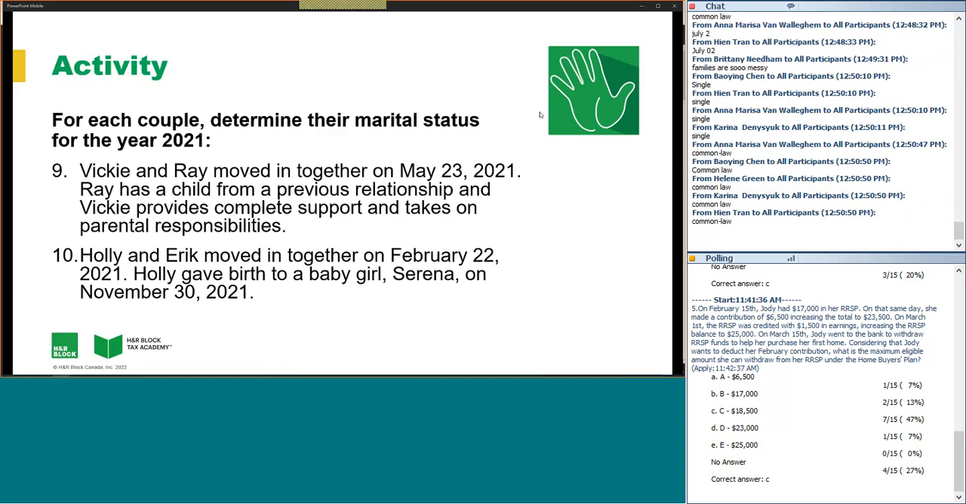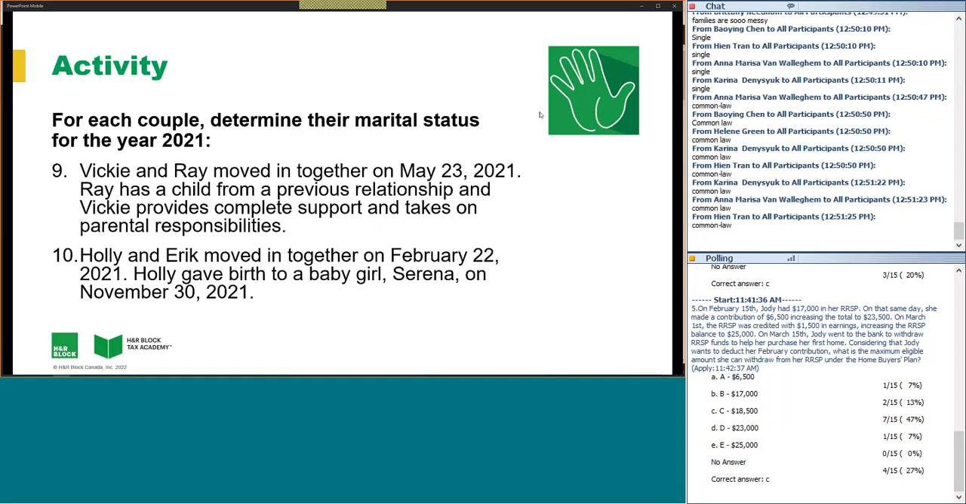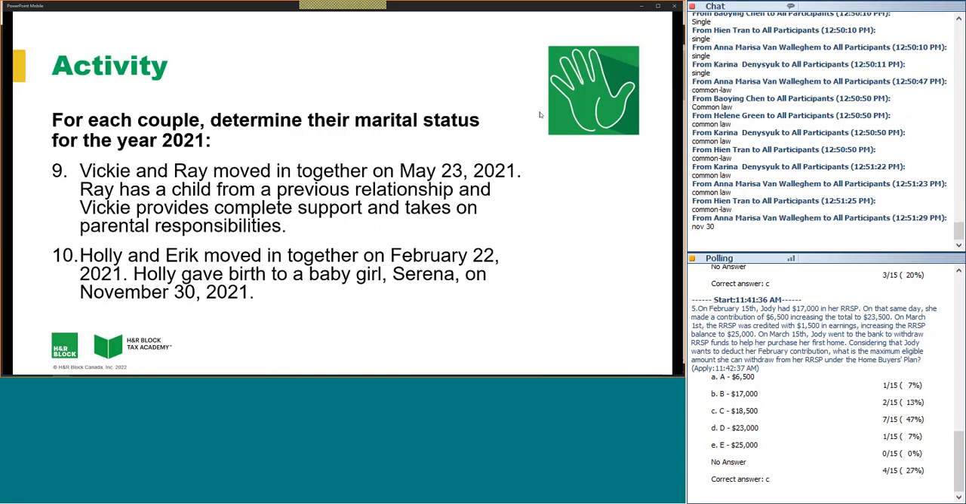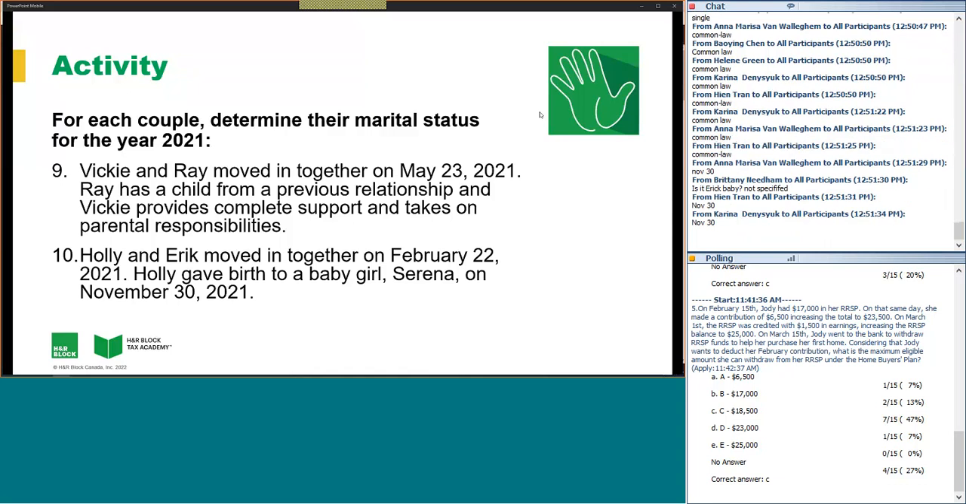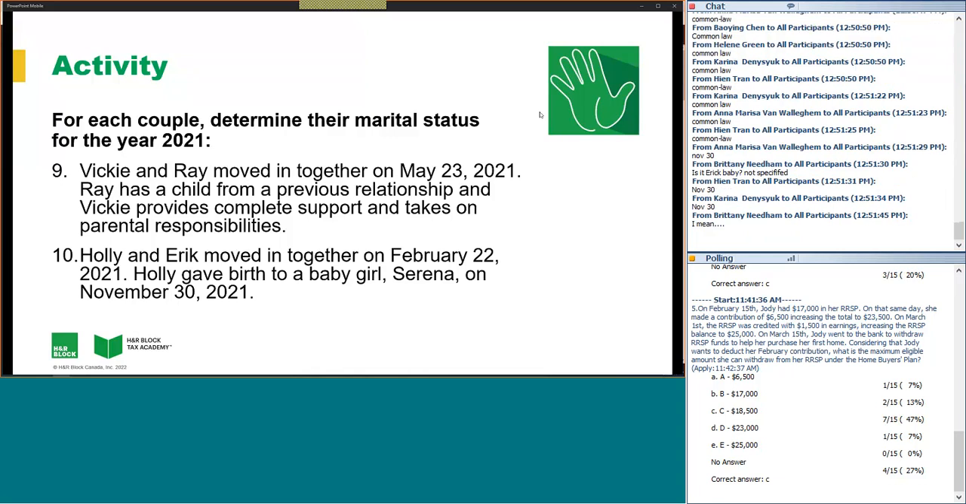One more. Holly and Eric moved in together on February 22nd. Holly gave birth to a baby girl, Serena, on November 30th, 2021. What is their marital status for 2021? Common law. Excellent. What is the date they became common law? November 30th. And Brittany, is it Eric's baby? It's not specified. I would hope that it was based on the dates, but that is a question you may have to discreetly ask,